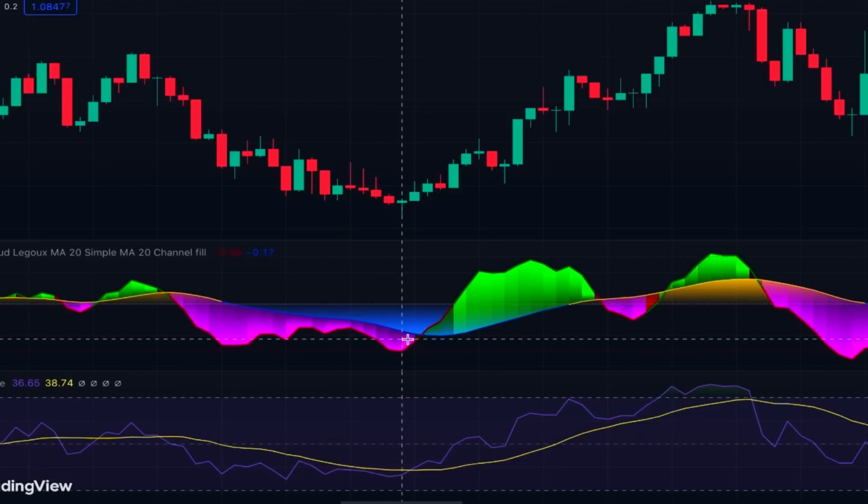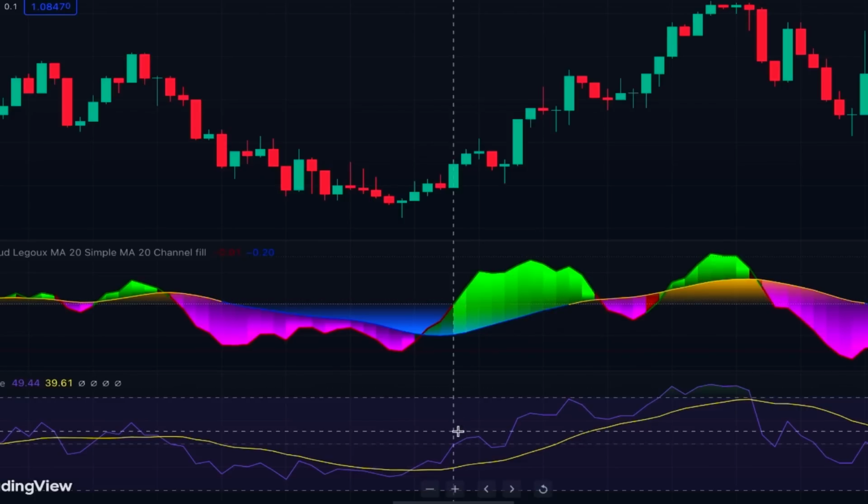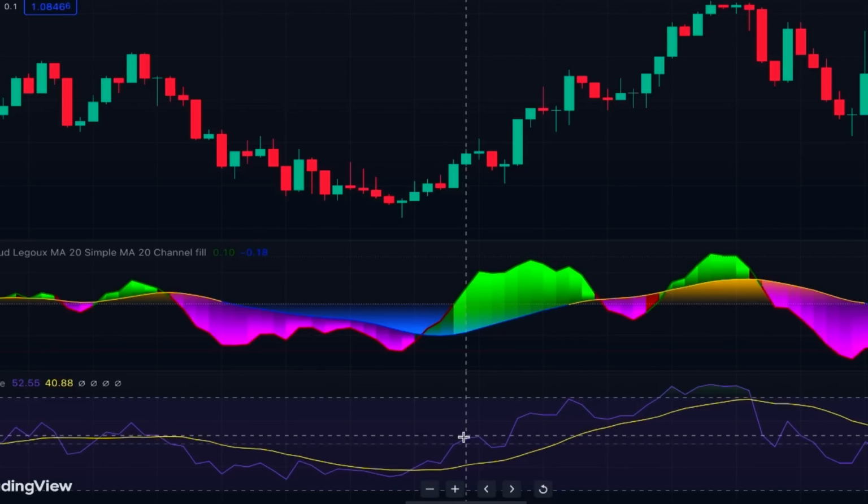And on the other hand, when the SOTT line goes above the center line and the area becomes light green, which shows we have high bullish pressure, and when we check RSI, you can see that the RSI line is above the center line, which shows we have greater upside momentum, so probably we are in an uptrend, and as you can see, it is not overbought or even near overbought, so we can expect that the price is going to